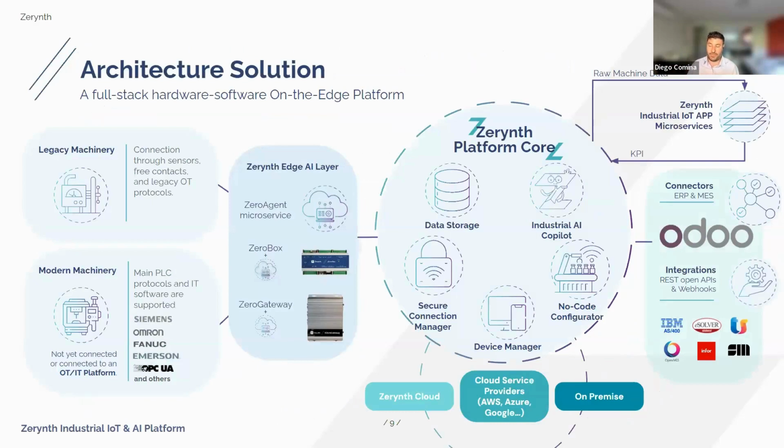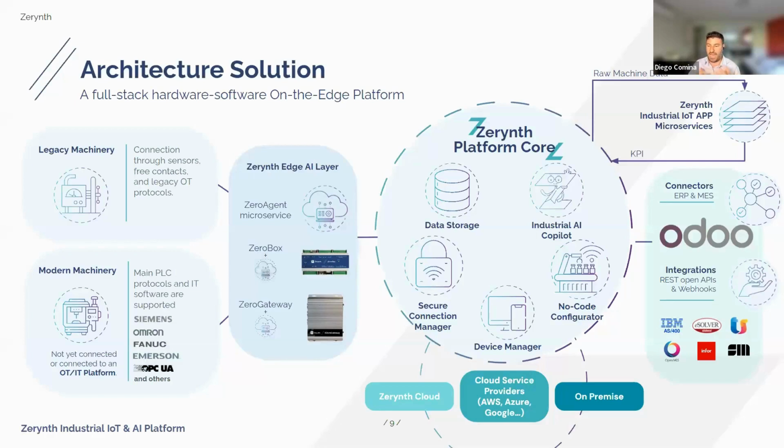Starting from the left, as I said before, our technology is really starting from the machine and the asset. So we want to be able to connect, as I say, any kind of asset. The new ones, we can connect with an agent on the PLC. For the old ones, we also have our solution that is able to connect to the machines and send the data via Wi-Fi, LAN, or SIM card GSM, because the reality is that in some factories there is no connection. We can also run analytics on the edge directly on our device,